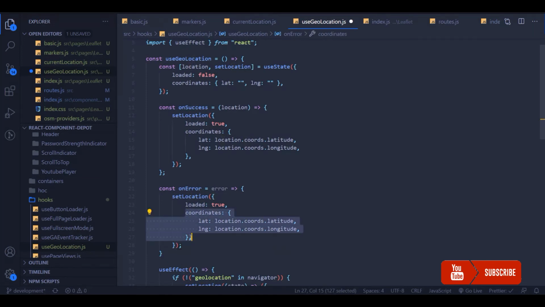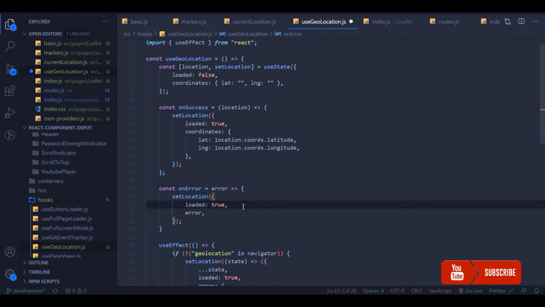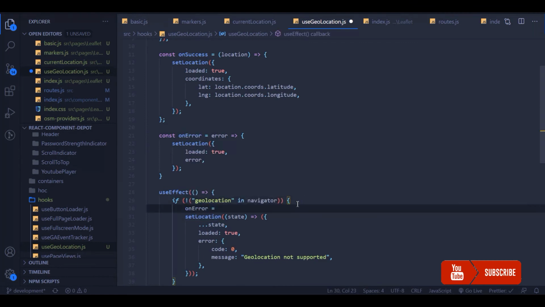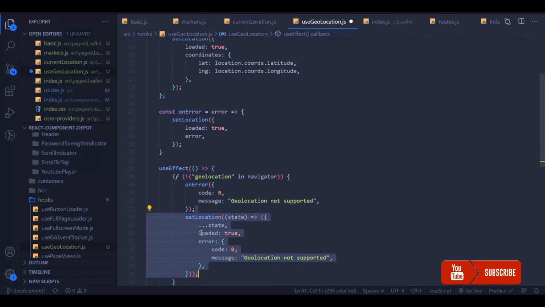If it has the error attribute, then there was some error. So here, instead of setting the location from this, I can call this error callback from this function itself and pass this error object. I can delete this. This makes our code a little neater.